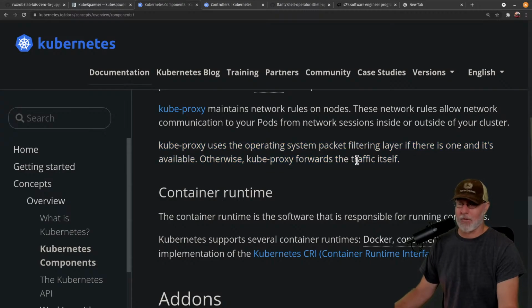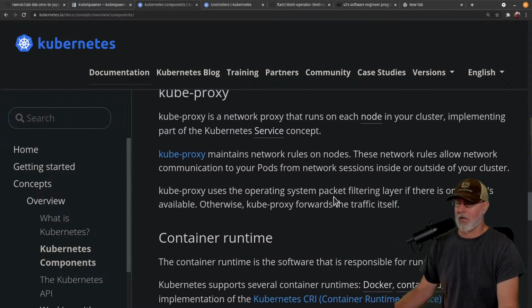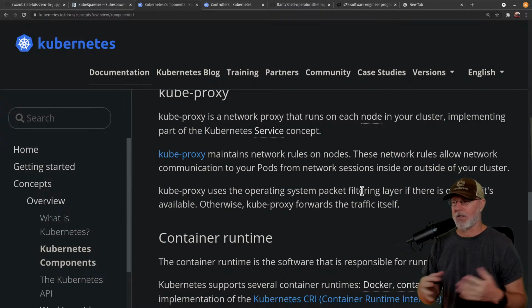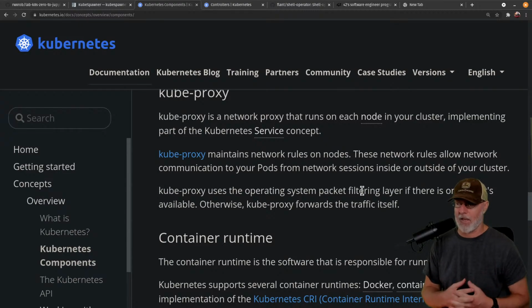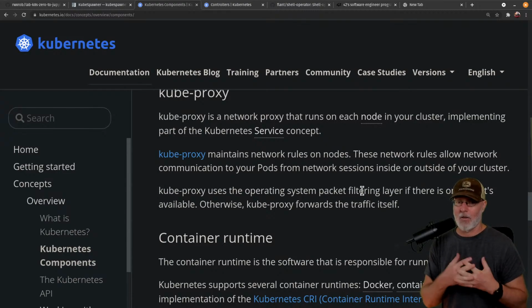There are our problems with GPFS, and they're related to this. We don't know if it's being caused by Kubernetes configuration that's making changes to the packet filtering layer and blowing out the existing changes or not. But suffice it to say that the overlap between kube proxy and the system's own packet filtering, IP tables, can cause merge conflicts, because you can be doing things on the system in the packet filtering layer, and then kube proxy is also doing something in the packet filtering layer, and I believe it has write access to it. So that's a point that kind of scares me, because this piece of Kubernetes software now has access to your TCP/IP,